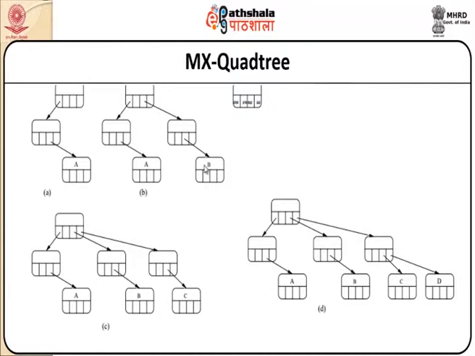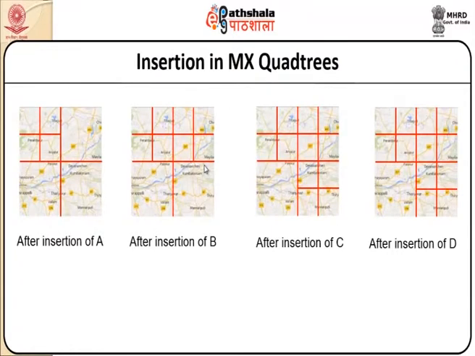But when we try to compare between 2-dimensional trees and MX quadtrees, the height of the tree is largely decreased as the boundary limits are clearly defined. Say upper bound and lower bounds are clearly defined, in that specific juncture the height of the tree is completely decreased. So, after the procedure that we have looked at earlier, after insertion of, say, a point,